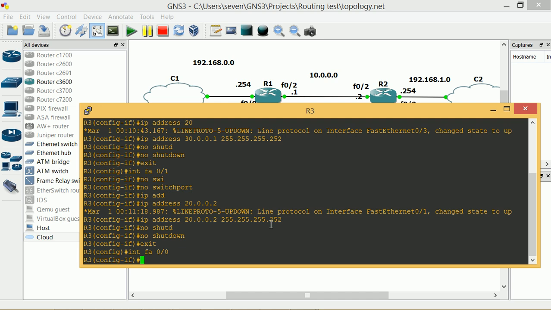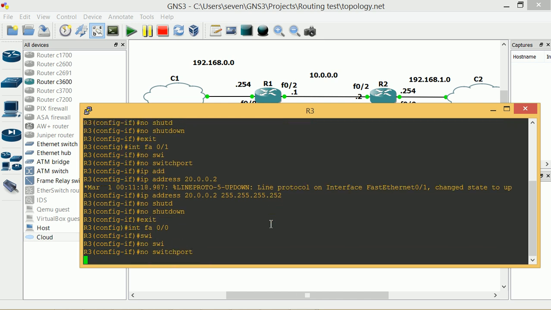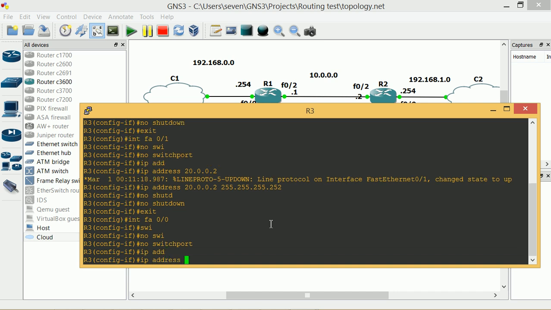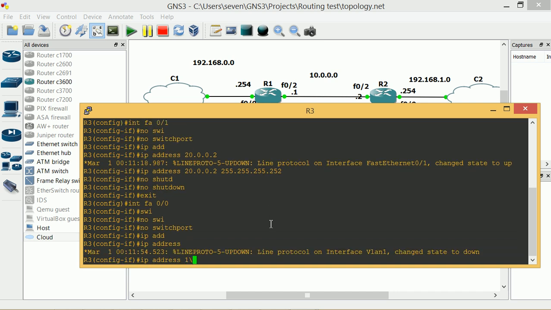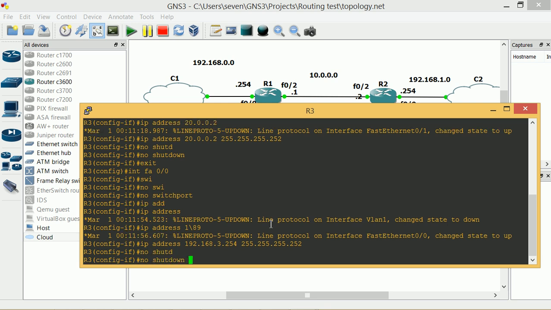Interface Fa0/0, which is our gateway here, and the network is 192.168.3.0. We haven't renamed this host as well, so we will do that. No switchport, IP address 192.168.3.254, excuse me, 255.255.255.0, no shutdown,